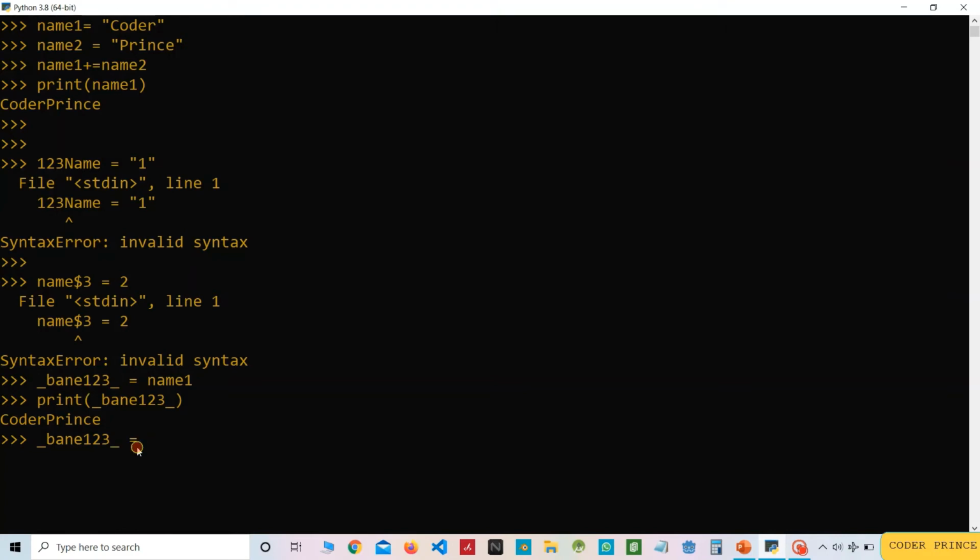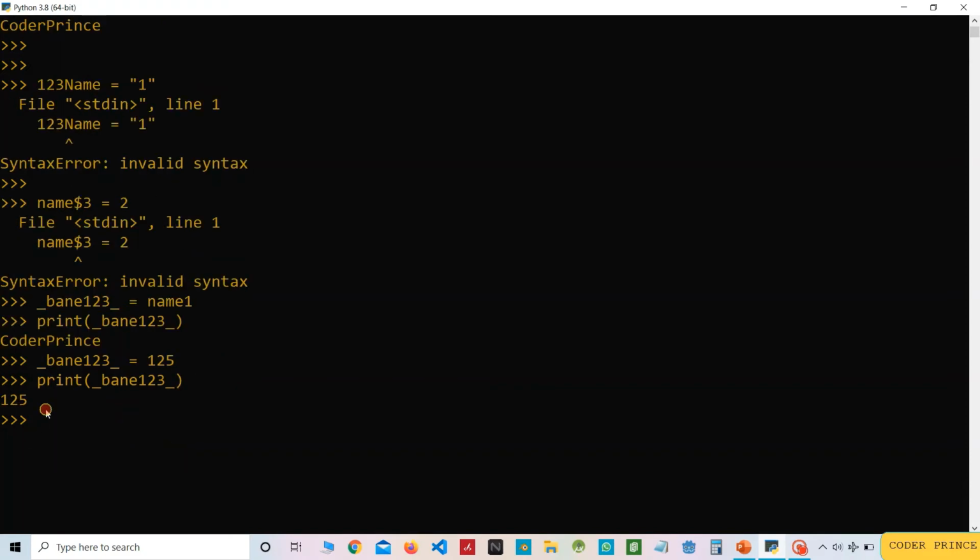I will provide some integer value. Note that this name was pointing to a string in the previous case, but if I assign it again with a number, it works perfectly. So you can see that now it prints 125 instead of that string.